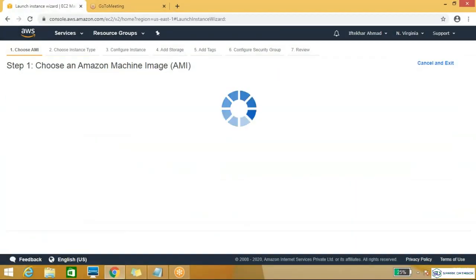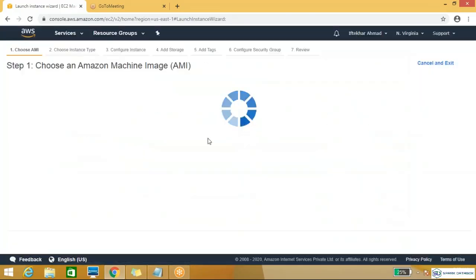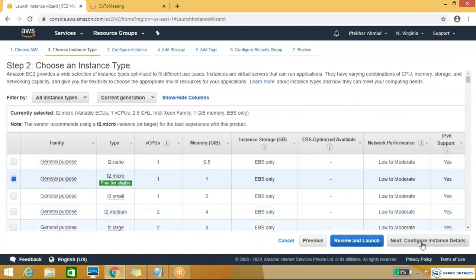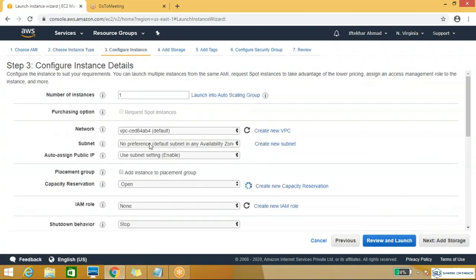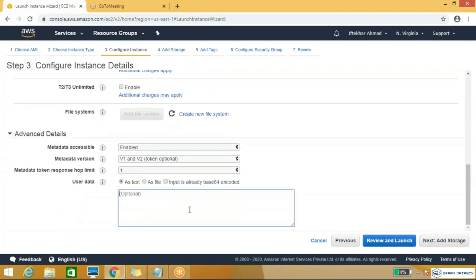I'm just creating one EC2 instance. I already told you yesterday about these things, the instance type. I already discussed these things. So now I am just installing some packages from a script. Okay, so hash bang space